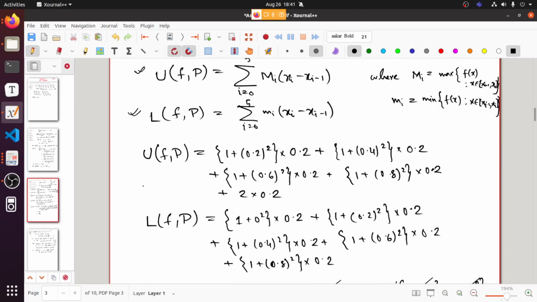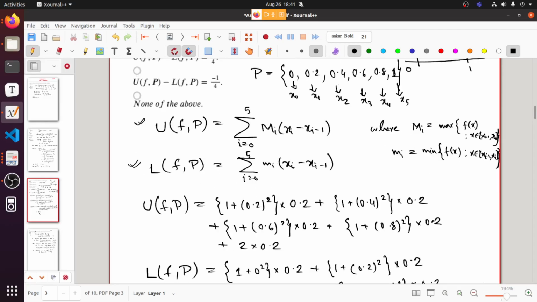Now calculate UFP. What will it be? The maximum value of the function times the length of the subinterval. In 0 to 0.2, the length of the subinterval is 0.2, so we have written it. And what is the function value? It is 1 plus x square. So what will be the maximum in 0 to 0.2? As this is increasing, the maximum value will be attained at the right hand side of the subinterval, at the point 0.2. So Mi will be 1 plus 0.2 squared,